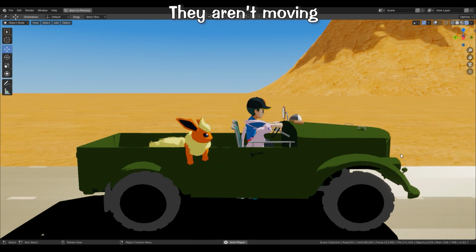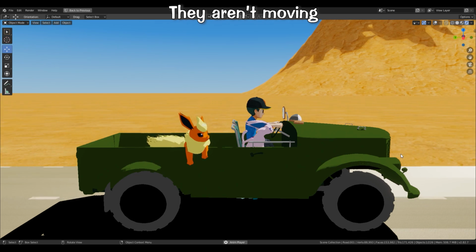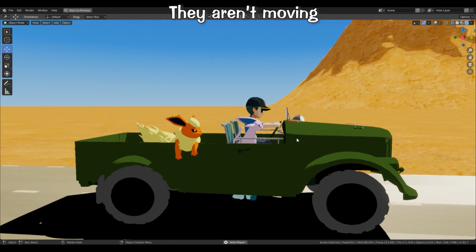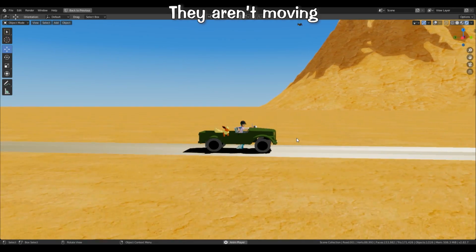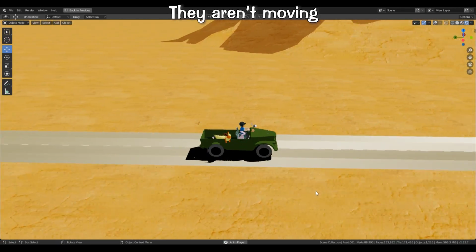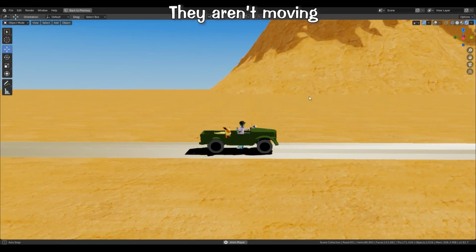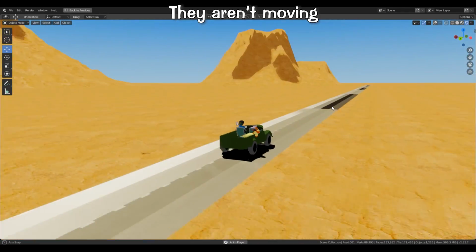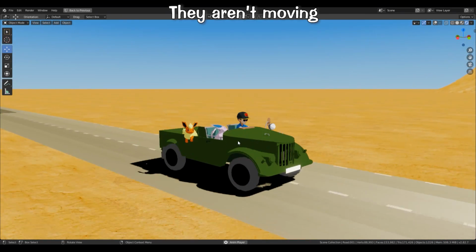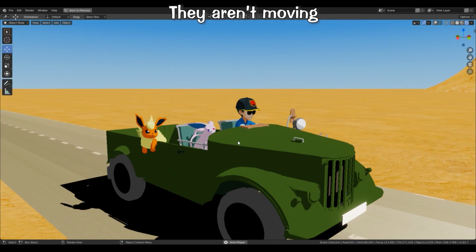In EV Family 6, the car and all the characters are actually not moving at all in the scene. It's just that the road, the ground, and the mountain are doing a loop animation. That's it. I'm not moving.